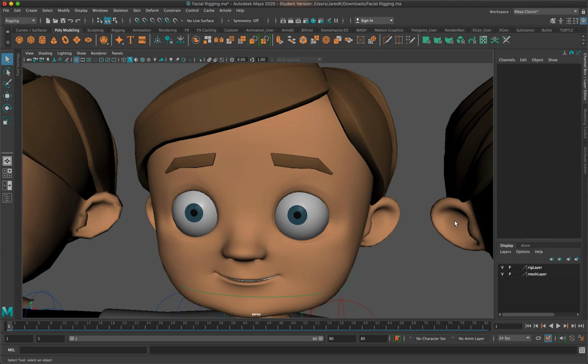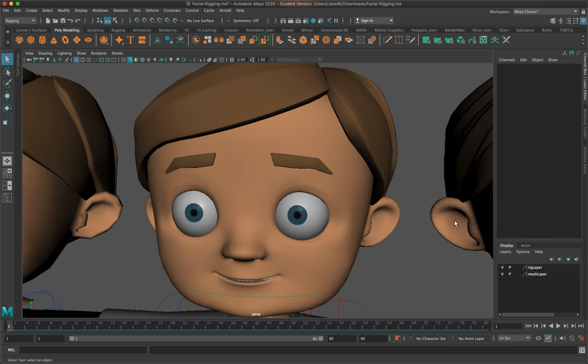Good afternoon, everybody. So today we're going to talk about facial rigging. When it comes to facial rigging in animation, you could do it a couple of different ways. You could assign controls and make everything kind of similar to how you did with rigging the body. You could assign controls to CV curves and have them control certain vertices. Or what I find is one of the easiest ways of creating a facial rig is using what's called